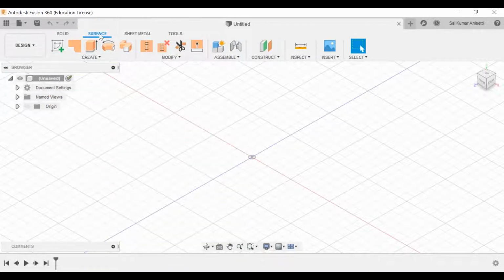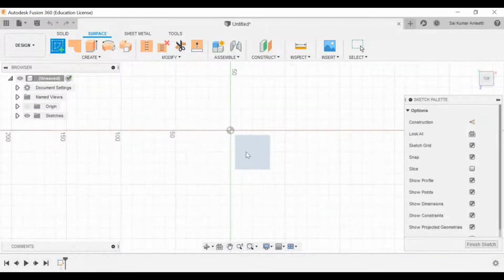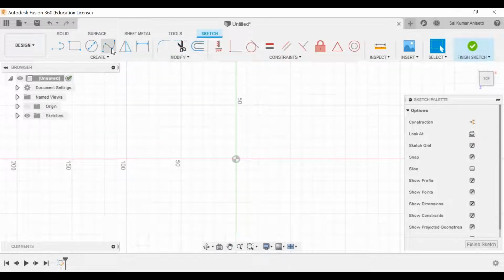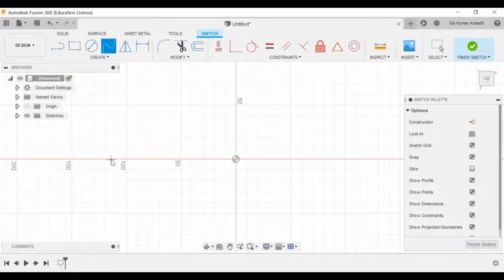In surface modeling you have the same Create Sketch. Let me create a sketch, go to the plane. In surface modeling, you are allowed to have different splines and NURBS. You'll learn all this in your theoretical subject CAD/CAM: what is meant by a spline, T-spline, B-spline, and NURBS, non-uniform rational B-spline.